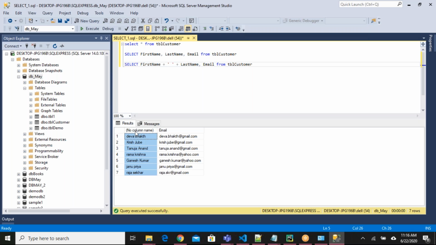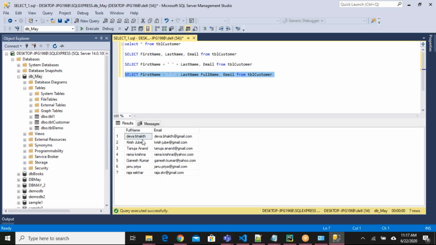If you notice here, I'm getting no column name here. The reason is we don't have any column name for this combination. For that, we can provide some column names here like this. So for first name and last name, I want a column name like full name, for example. If I say full name, it will give me full name here. So after providing the concatenation or whatever operation you want to do, provide that operation and space, say one column name. It will consider this alias name and give it as the column name in the output.